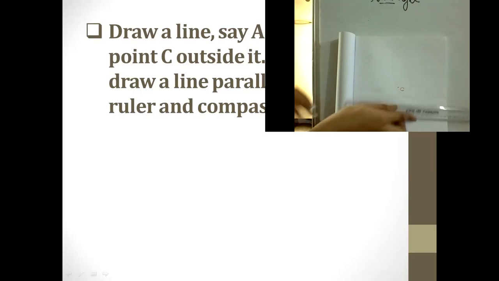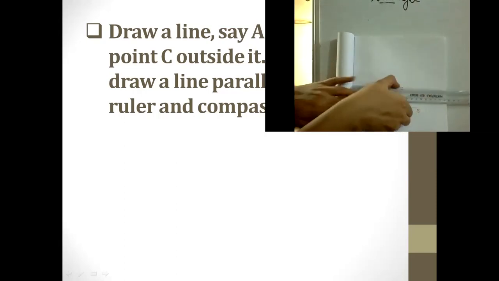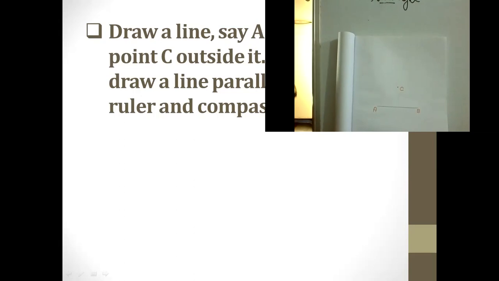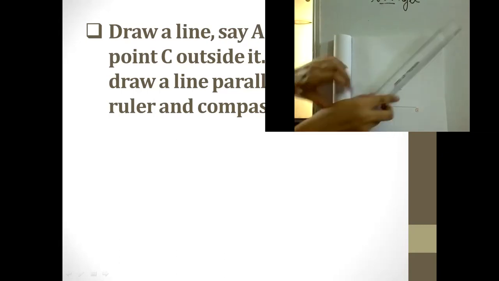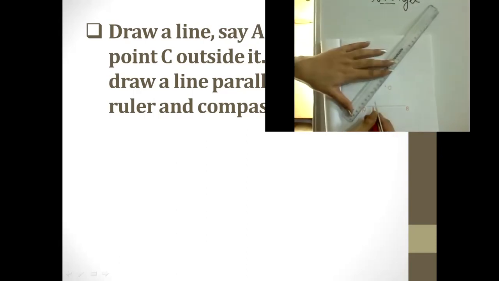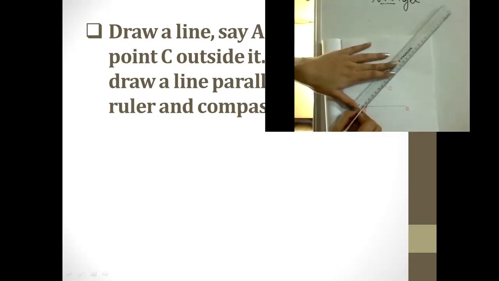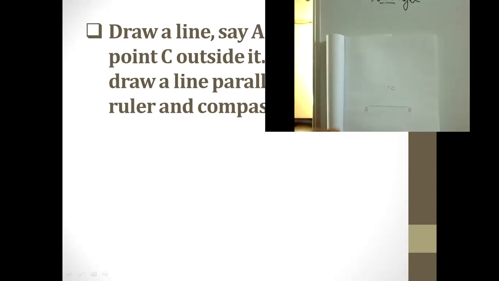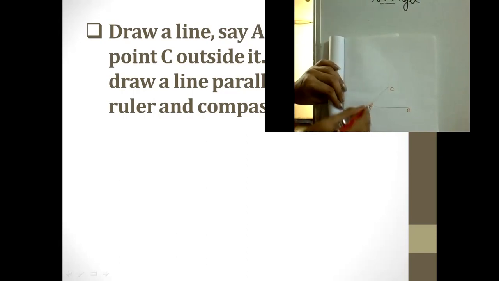Now we can directly keep a ruler and draw it, but they have said to use a compass, so we will be performing all the steps we did in our previous practice. First of all, we would be joining AC, because this is the first step we did. Then we would be opening our compass, keeping it at point A, and cutting AC and AB with points.